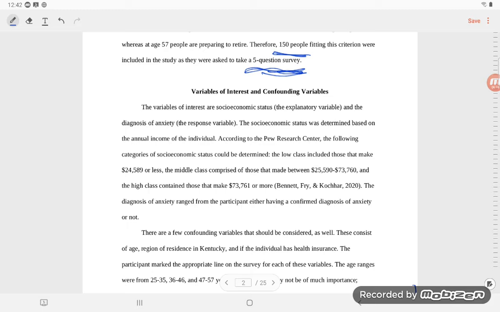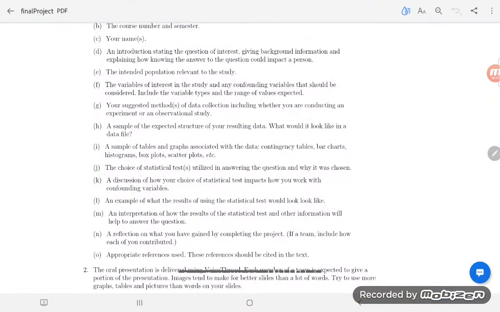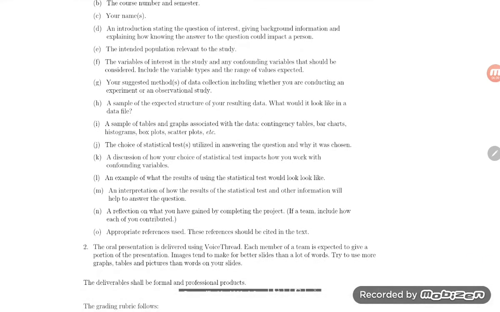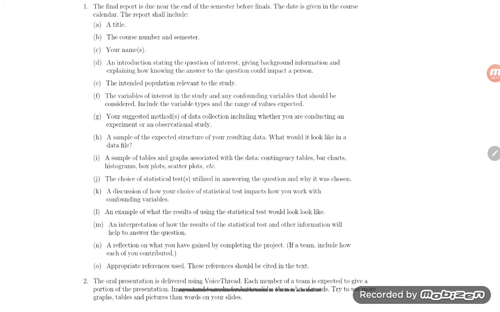So you might need a lot more people than that. Okay, but there you go. There's their introduction. Let's go back and look. Okay, so in their introduction, they hit D and E, the intended population relevant to the study,